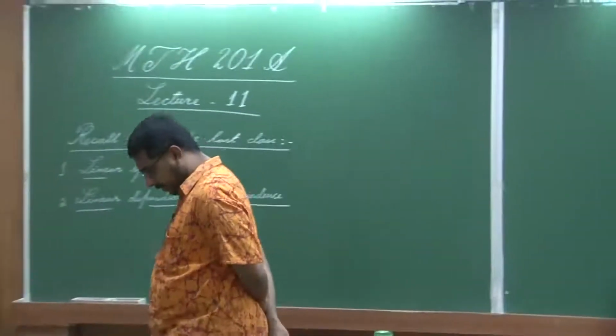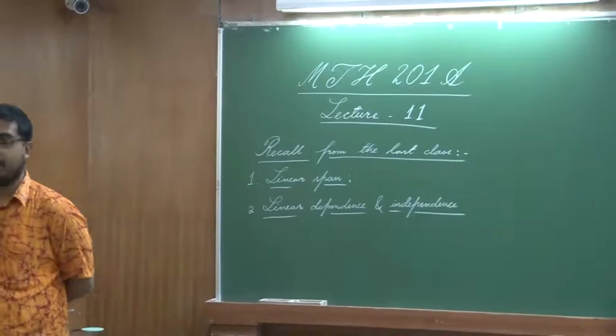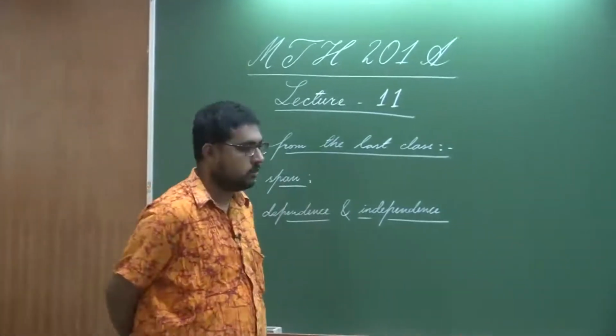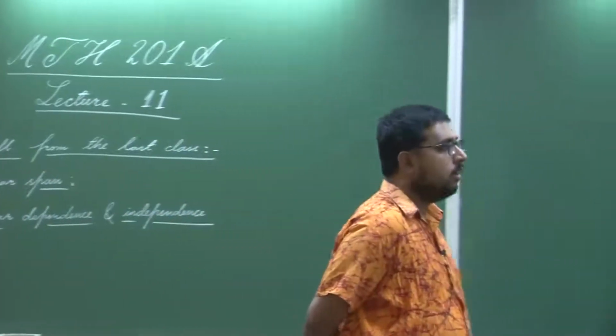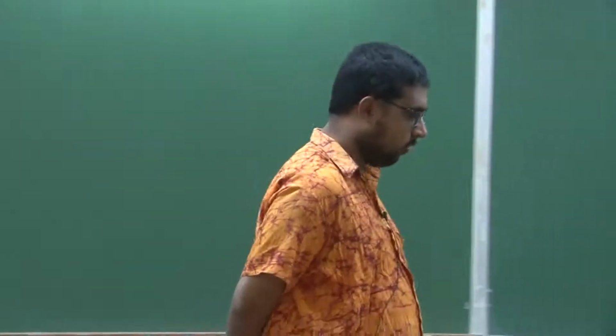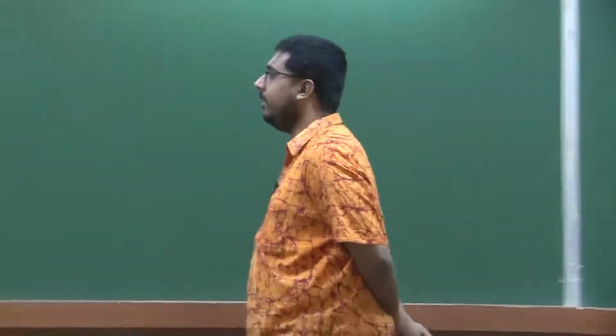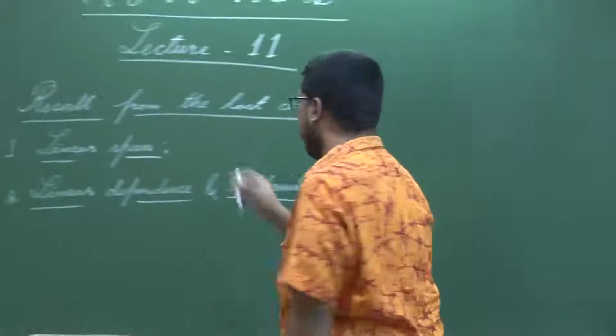This is the 11th lecture of this course. Let us recall from the last lecture that we have discussed there the notions of linear span of a subset S of a vector space V, and the notions of linear dependence and independence. So, let us recall that